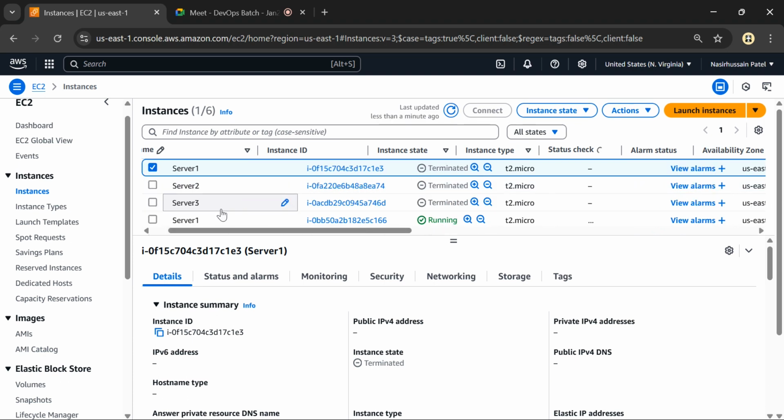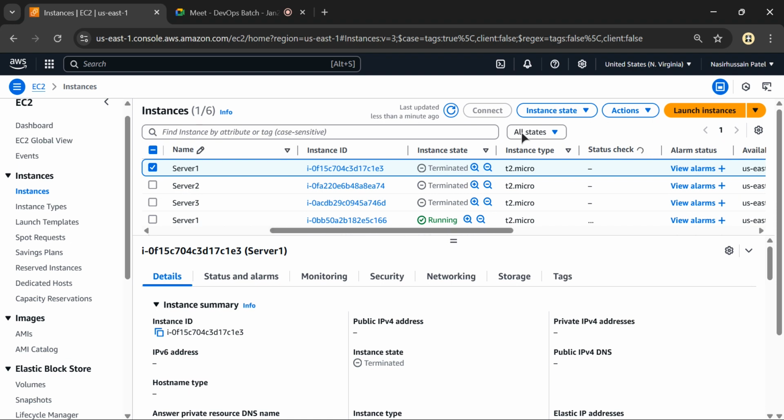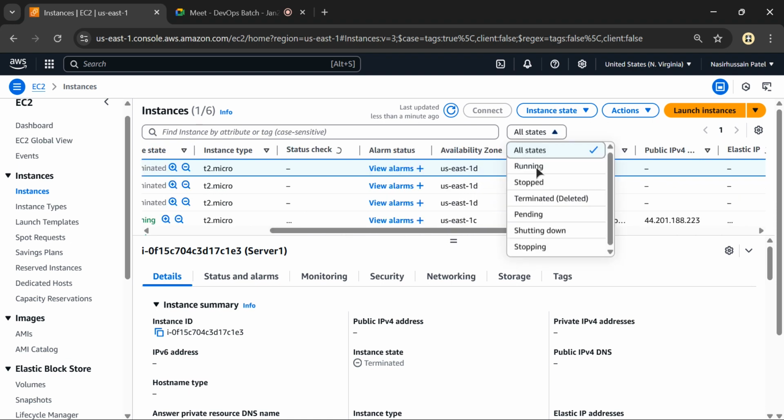So these three instances are added up here. And if you just filter out the running instances,